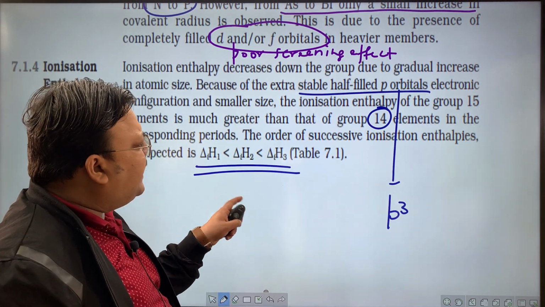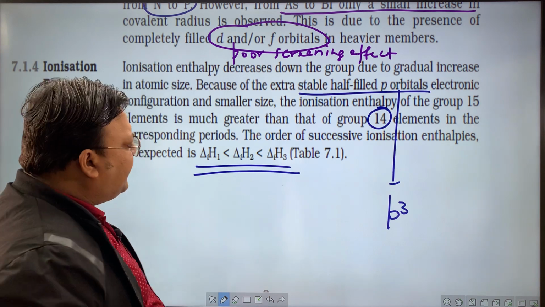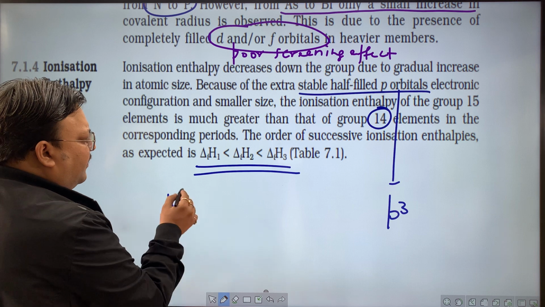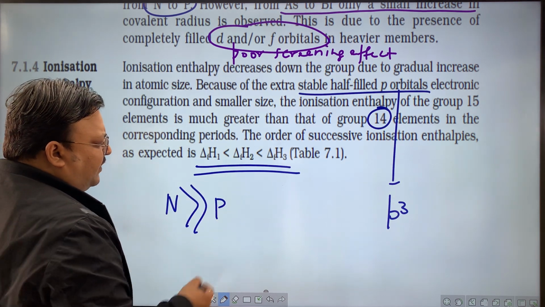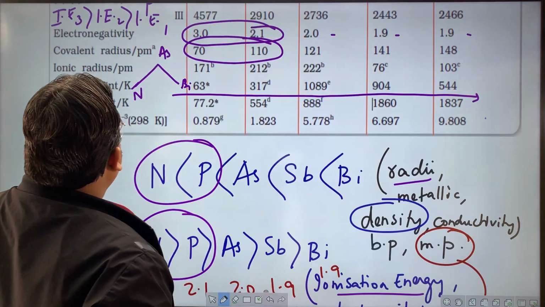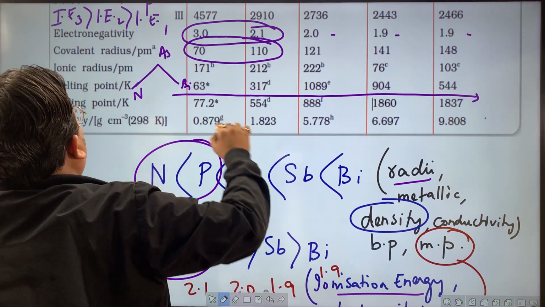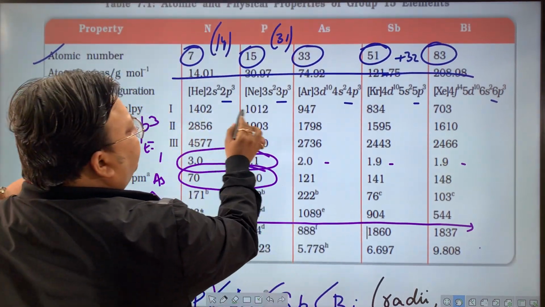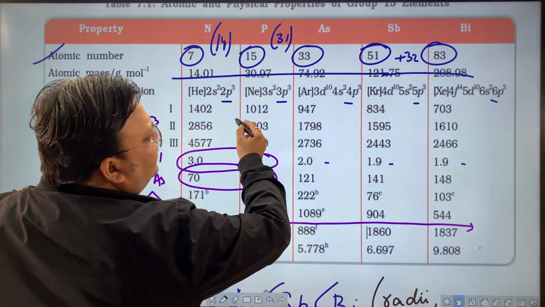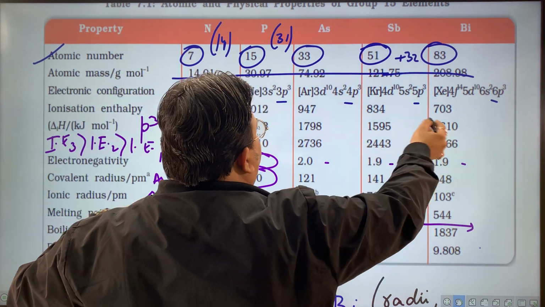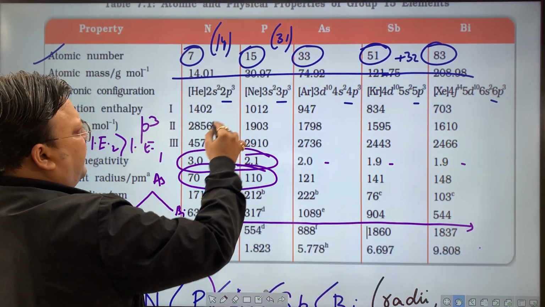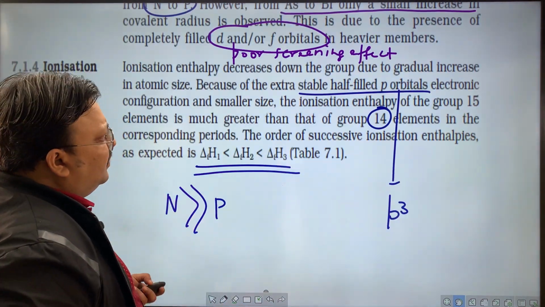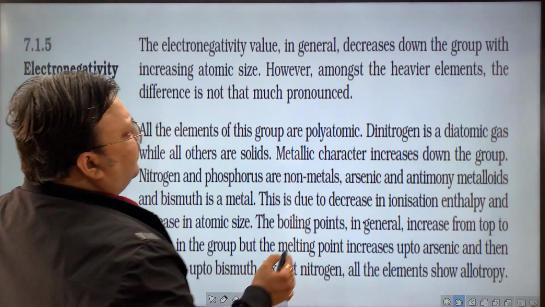Here again the difference between nitrogen and phosphorus is big. For ionization energy, you will see the difference between nitrogen and phosphorus will be big, and then the difference will be decreasing. You can just check it. Nitrogen and phosphorus, the difference will be almost 400, then the difference is negligible. The difference is almost 100 or less, but between these two the difference is maximum. So size, electronegativity, ionization energy, you know, they are related parameters. And then we'll move on. Electronegativity.